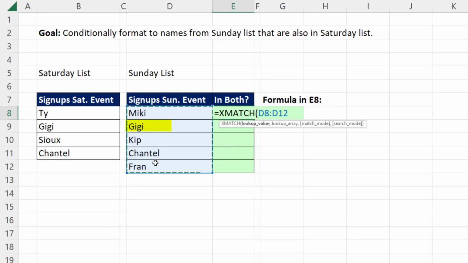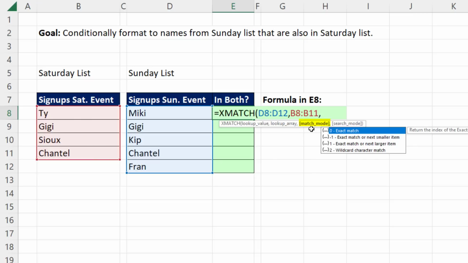So I'll put all the names, comma, lookup array. I'm trying to find them and get a relative position in this second list. Now what we're doing is exact match, so that's the default. But just like XLOOKUP, there's two amazing arguments here in XMATCH also, comma, match mode. By default, if you leave this out, it does exact match. And then just as we saw earlier with XLOOKUP, we can do exact match, next smaller, next larger, or wildcard,